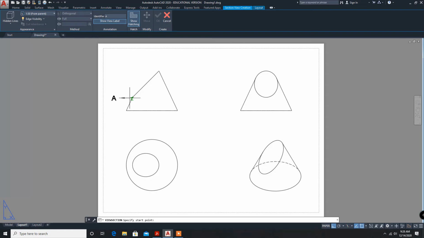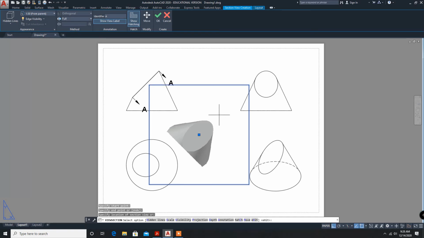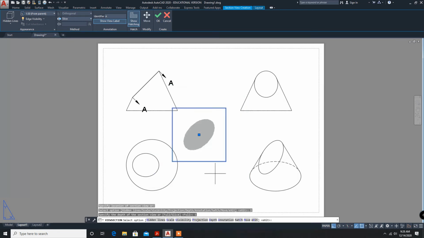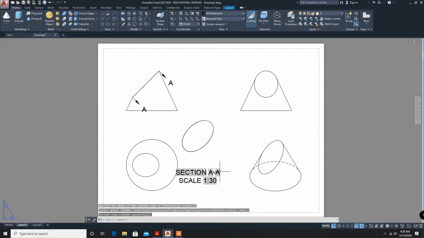Select this point and bring it, click this side. Now we want only the true shape, so click on depth and slice. We want slice, so this is the slice, enter. The scale is 1:30. So we got it here.